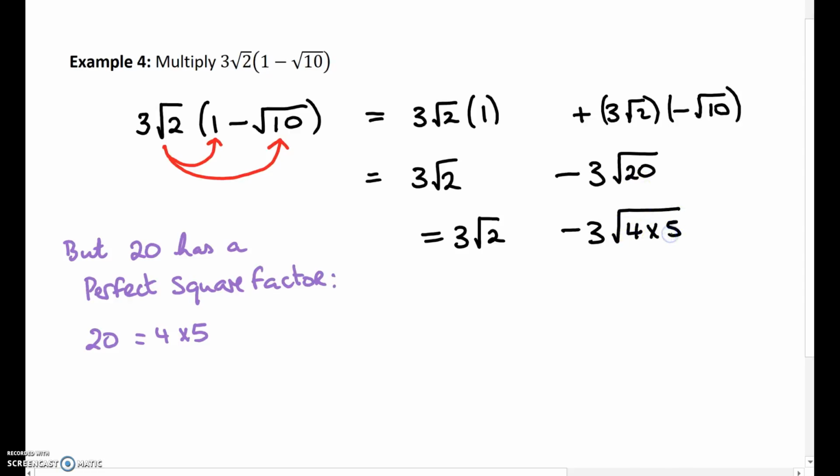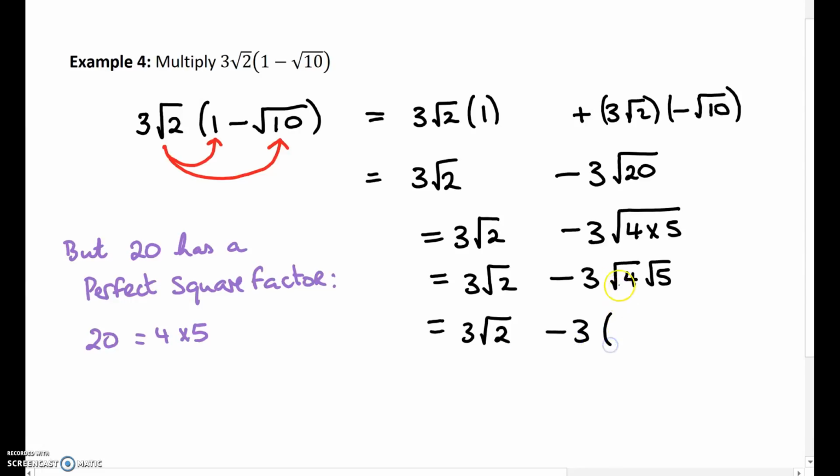So we're just simplifying the square root of 20. Well, that's going to remain 3 root 2. This is going to be minus 3 times. Okay, so split this up. You're allowed to split up square roots when you're multiplying. Remember, not when you're adding or subtracting, but when you have a multiplication under a square root sign, you can split it up. So this becomes 3 root 2 minus 3 times, now the square root of 4 is 2